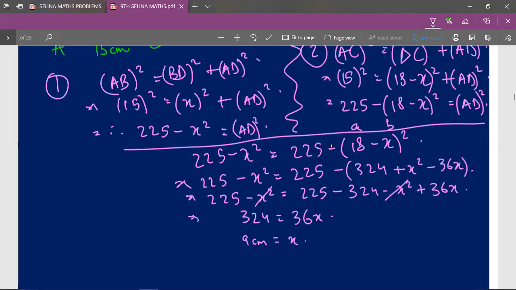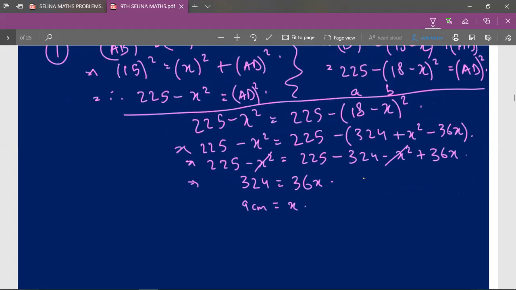And the RHS 225 minus 324 becomes minus 99, because the greater number has the sign minus. So you'll take minus into consideration. So minus 99 comes to LHS and becomes plus 99. So 225 plus 99 is 324 and all that is remaining is 36x. So 324 is equal to 36x.